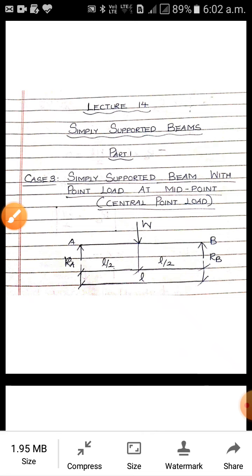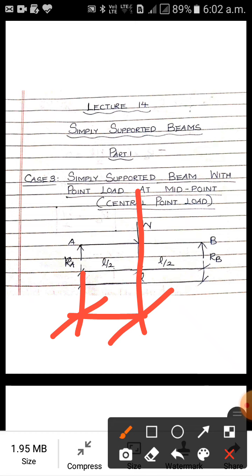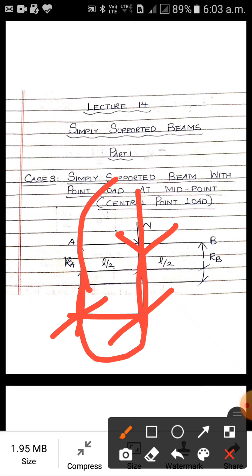What is the second force? The second force is the downward load W. Okay, downward load W. So what is the distance between W and A point? L by 2. So W into L by 2. Okay, again it is acting downward. So according to the point of application, you have to rotate. So rotate about A. If you rotate about A, it is clockwise. So plus. So plus W into L by 2.